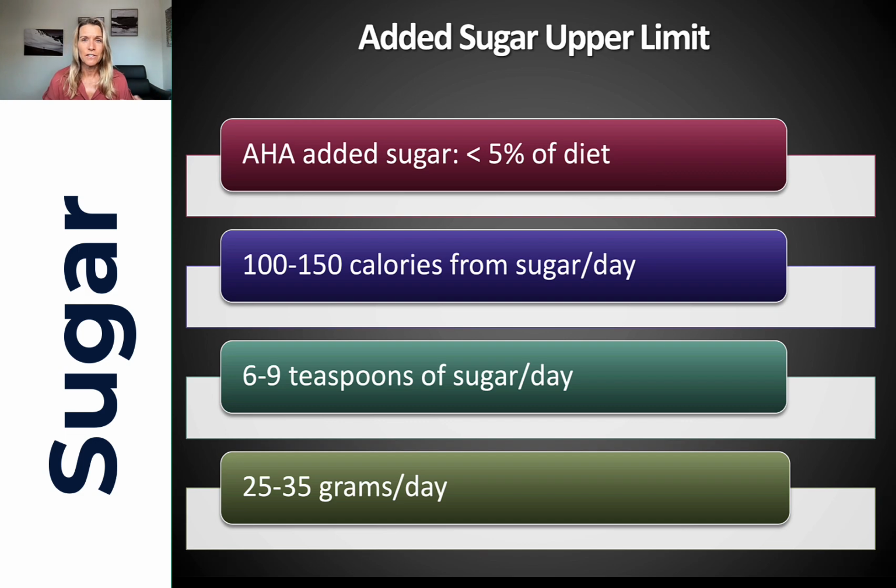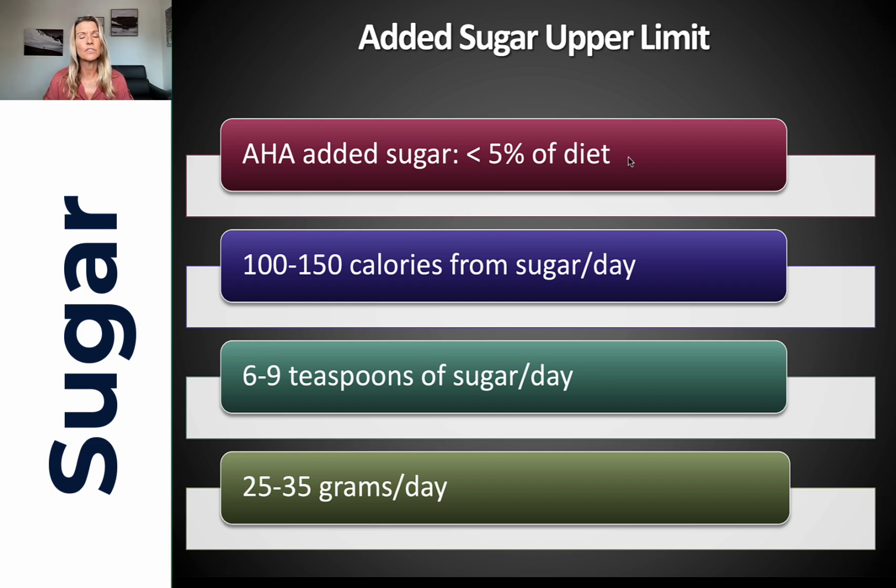And I'm not actually going to ask you to do the math on this. It's in general about 100 to 150 calories a day from sugar. If you're thinking about it in grams, that's about 6 to 9 teaspoons of sugar per day, or 25 to 35 grams per day. Generally, they say that women are going to be on the lower end of this and men will be on the upper end, but also younger adults will be on the lower end. More active adults will be on the upper end, and then less active people on the lower end. Older adults will need less than younger adults, right? So it's based on